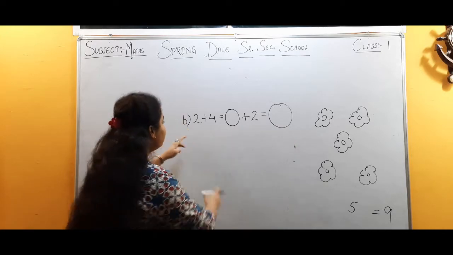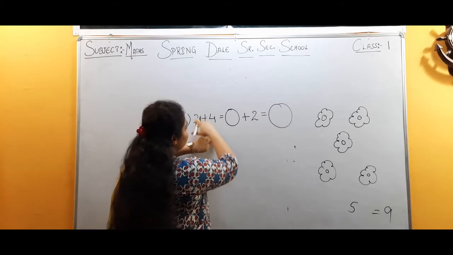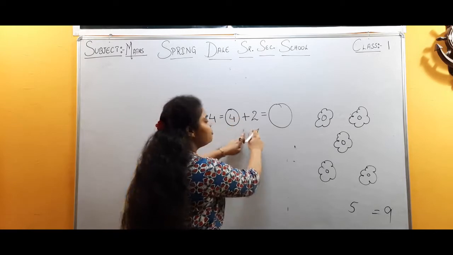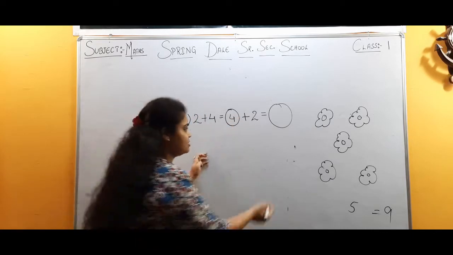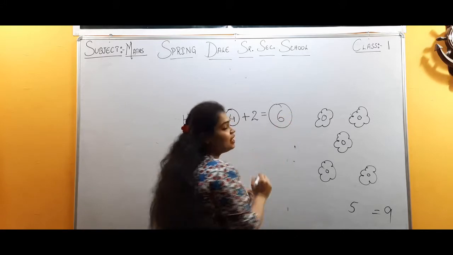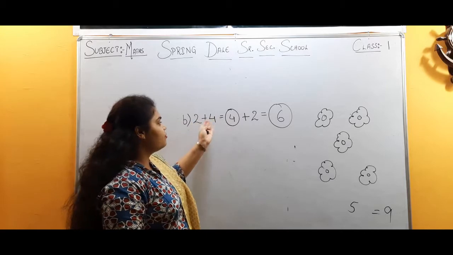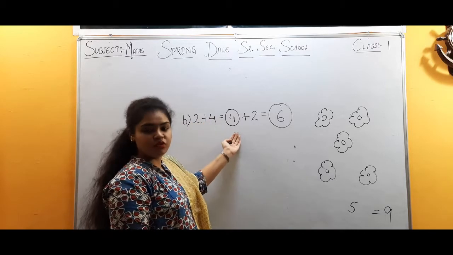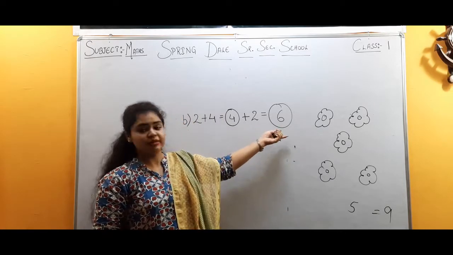तो हम क्या करेंगे? पहले में हमें लिख कर दिया है 2 plus 4. तो हम क्या करेंगे? 2 तो यहाँ पर ऑलरेडी है. We will write this 4 here. 4 plus 2 भी 6 ही होता है और 2 plus 4 भी 6 ही होता है. So we will write 6 because we have to just write the numbers. First we have to write 2 plus 4, then we have to reverse those numbers 4 plus 2, and then we have to write the sum of both the numbers, that is same, that is 6.